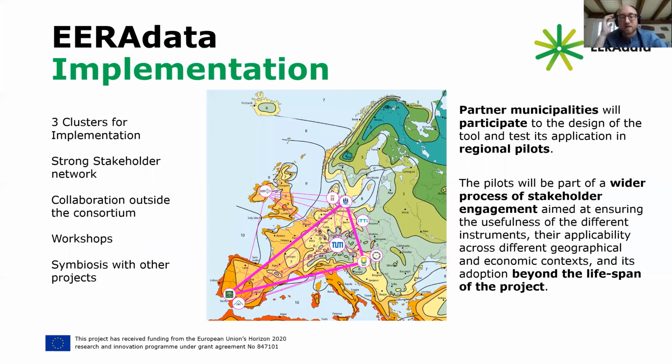Why did we pick these partners? It's not coincidence. We wanted to have 3 clusters for implementation, regional clusters we call them. So we have the Scandinavian part, which is representing the northern climate and northern building culture as well. We have Spain as representative for the southern cluster, a regional cluster representing the southern climate, southern building styles, southern policies. And then we have Velenje as the middle and mild climate with mountain areas, and also the contact to the Balkan region is very interesting.